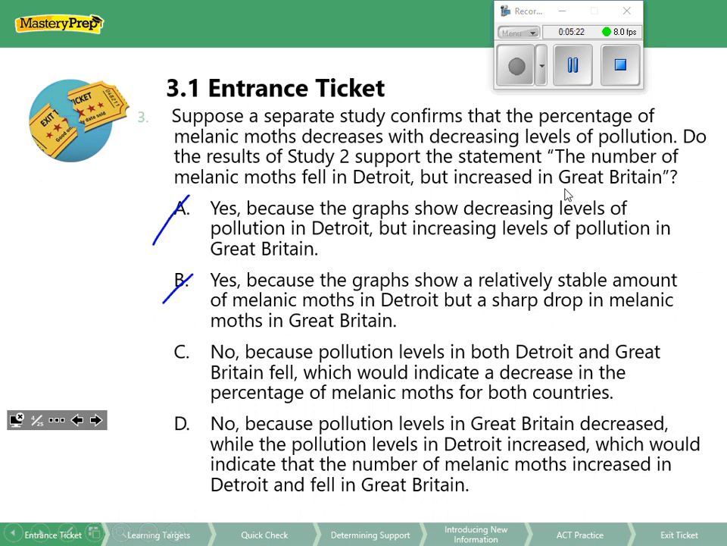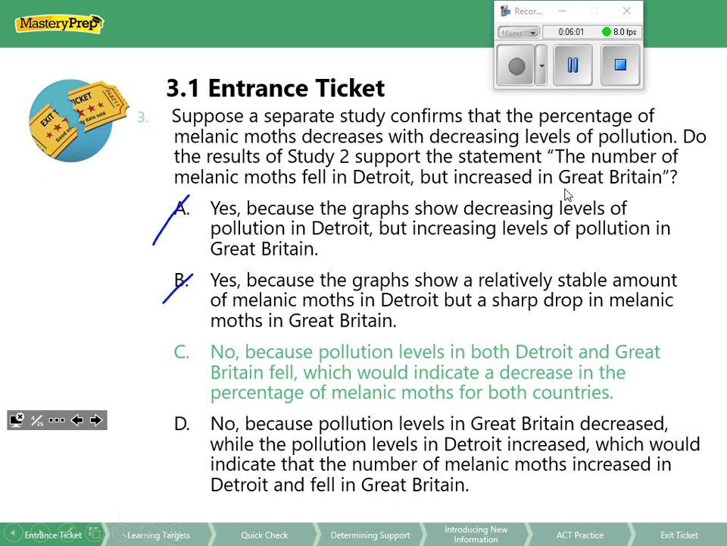Now, even if we don't know how to proceed at this point, we have a 1 in 2. We have a 50-50 shot at just guessing it. Okay, so no, because the pollution levels in both Detroit and Great Britain fell, which would indicate a decrease in the percentage of melanic moths for both countries. Well, yes. D, no, because the populations in Great Britain decreased while the populations and levels in Detroit increased. Well, no. It's C. Now, I would advise on making sure to read through the entire question or answer,